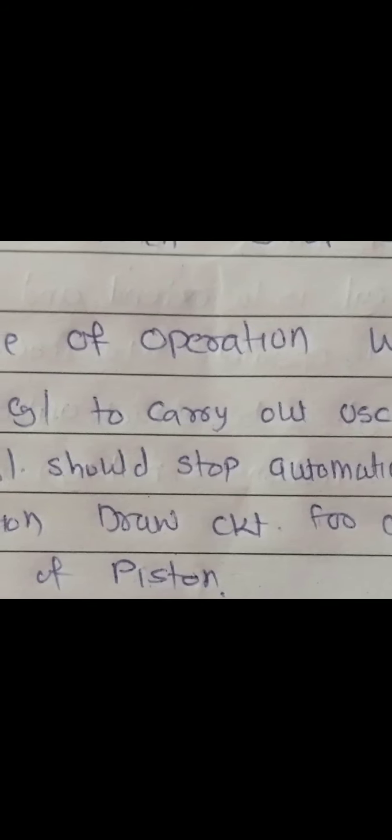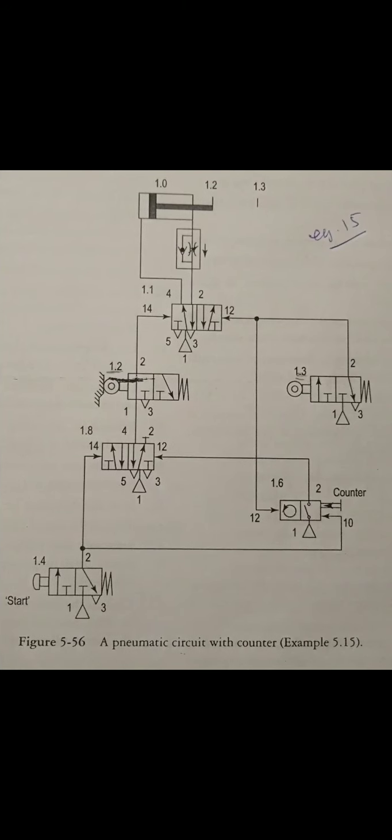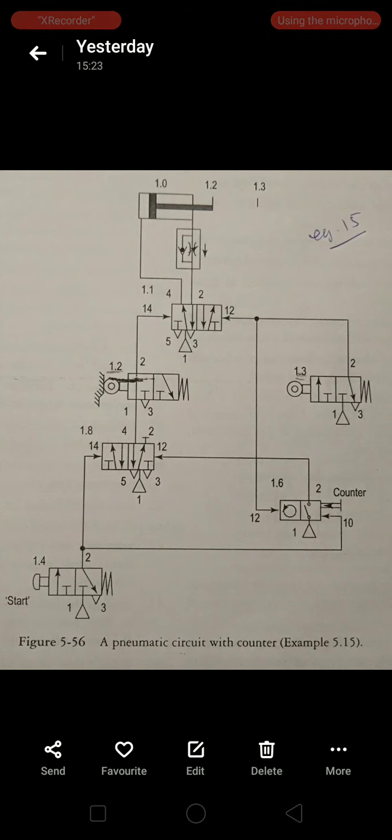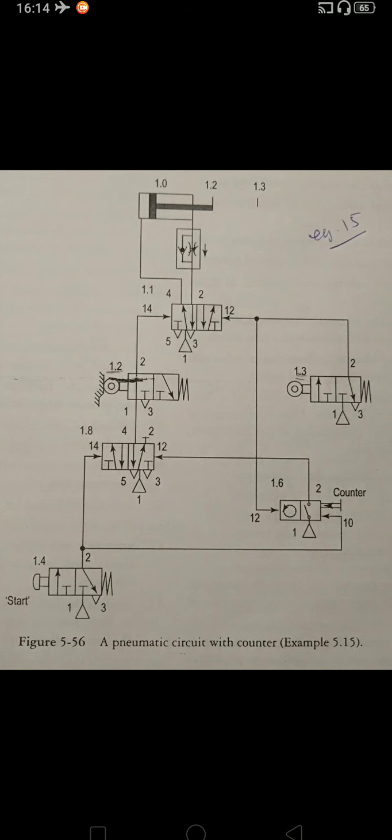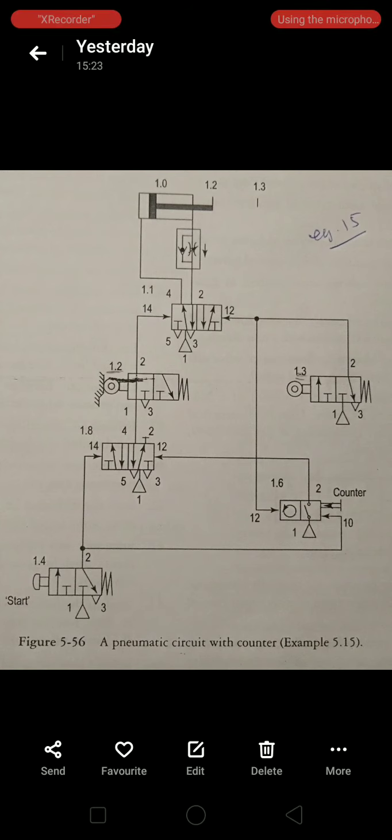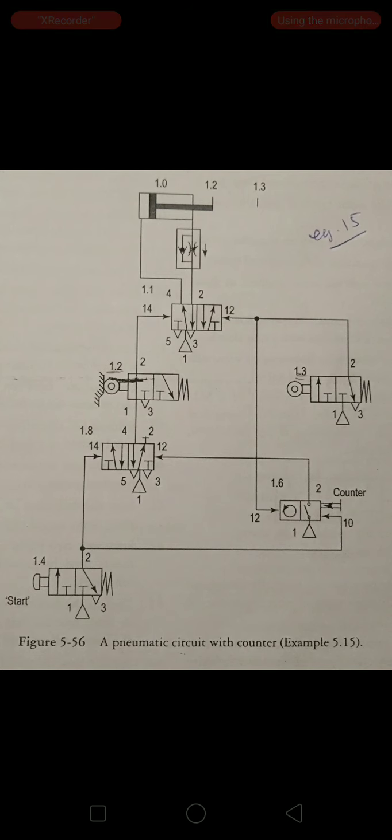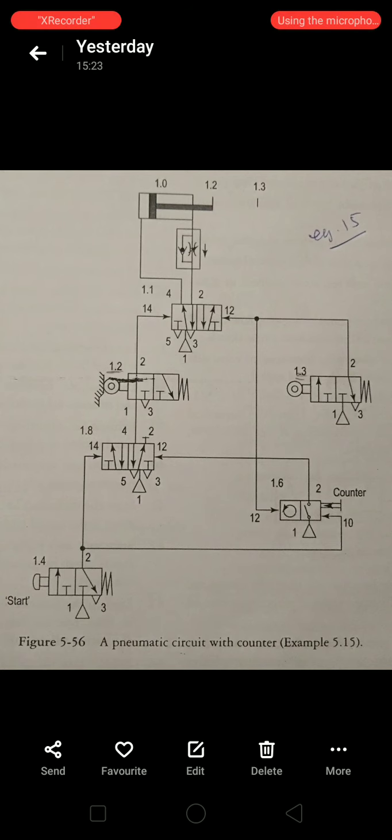This is a pneumatic counter, let's say for a circuit of 3 rotations or 4 rotations, 5 rotations, or 5 times if you want to and fro motion. So you can see the circuit here. The pneumatic circuit for the cyclic operation of the double acting cylinder for a preset number of cycles is similar to the earlier one, except for the stop control.